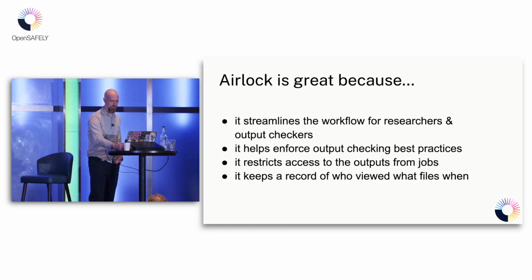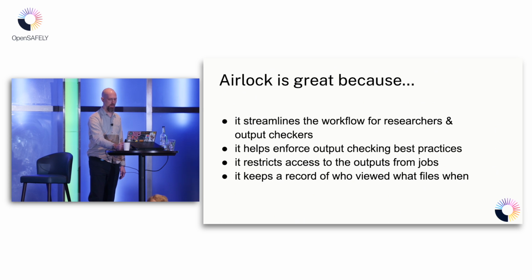And it keeps track of how files change. So if a job gets rerun and the results change slightly, it helps keep track of all of that. It helps enforce output checking best practices. So things like making sure that 2 reviewers have reviewed every release request and keeping reviews independent while they're still